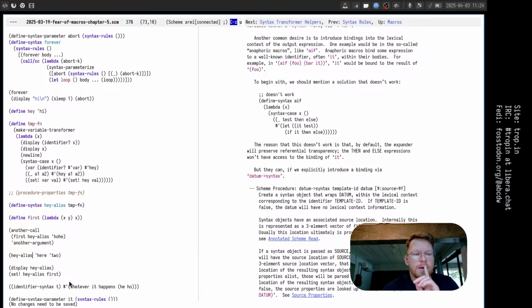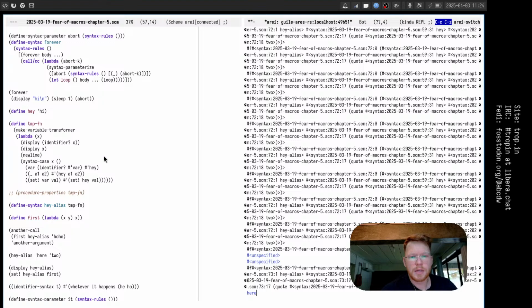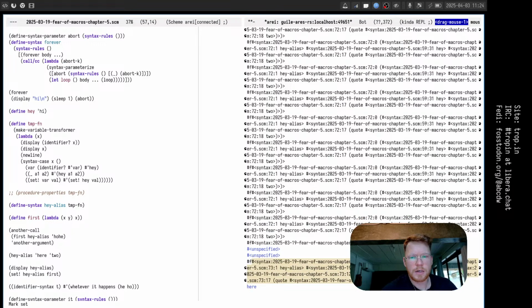Okay, maybe I still didn't understand it. It's definitely not happening, because we can see in the output here that we get a syntax object which actually